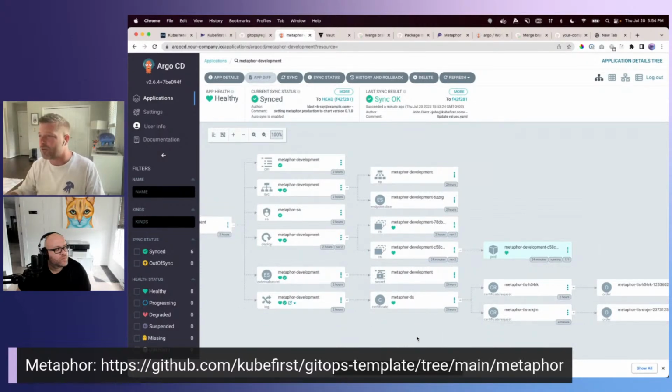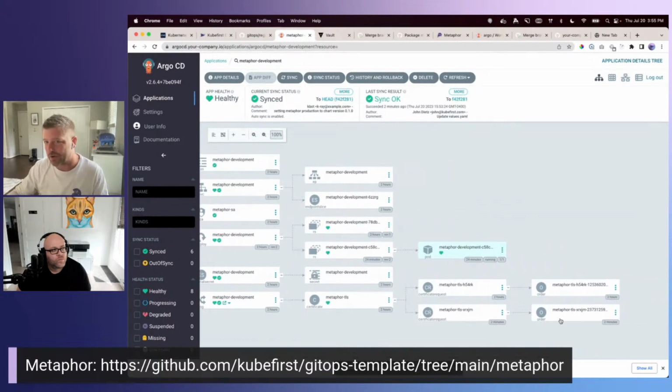zone. And then right after it does that, and that DNS propagates, Cert Manager wakes up and says, hey, if you need a cert, the cert that I created for you a moment ago is only good for metaphordevelopment.yourcompany.io. Now you're saying that it should honor 2 different hosts, and I need to ask for a new cert that embodies both of those certificates. So it created a second certificate request that went out to Let's Encrypt. Let's Encrypt confirmed via this temporary ingress that it creates.